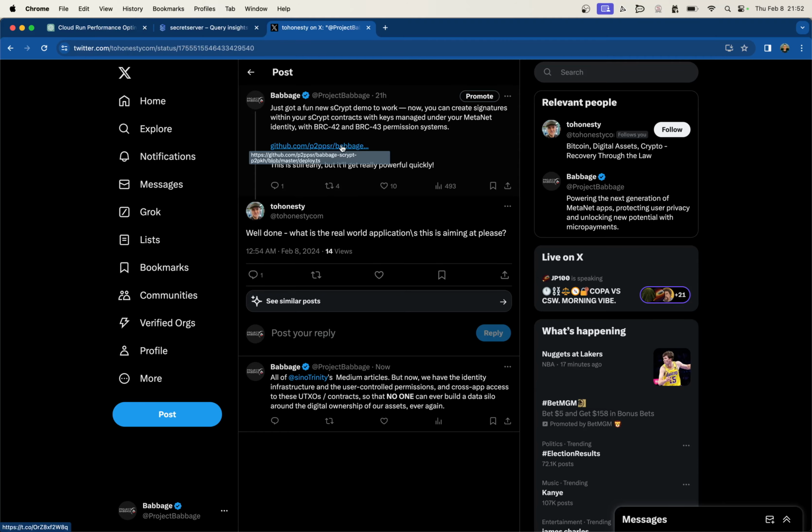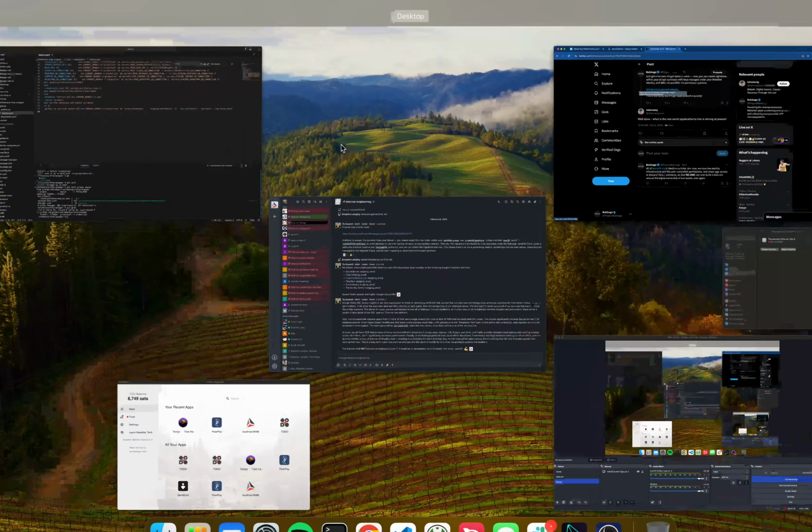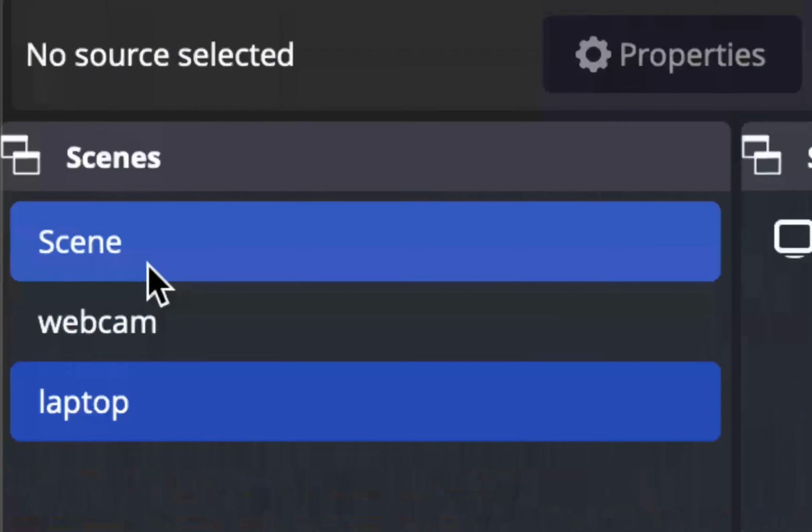So what that really means is in Babbage, we have this idea of baskets. Users have this MetaNet client that runs on their device, and now app developers can write sCrypt contracts. And if you understand about sCrypt contracts, you understand about UTXOs, or unspent transaction outputs in Bitcoin.